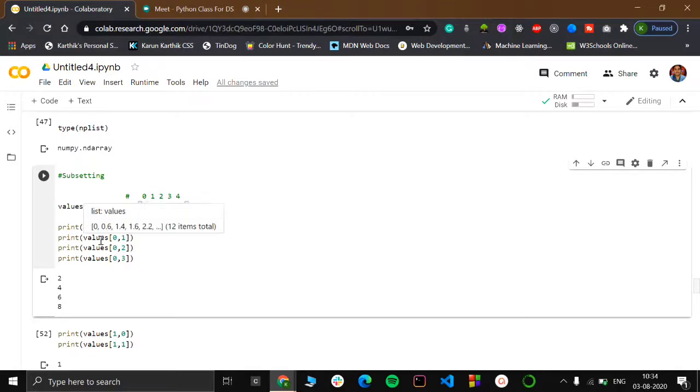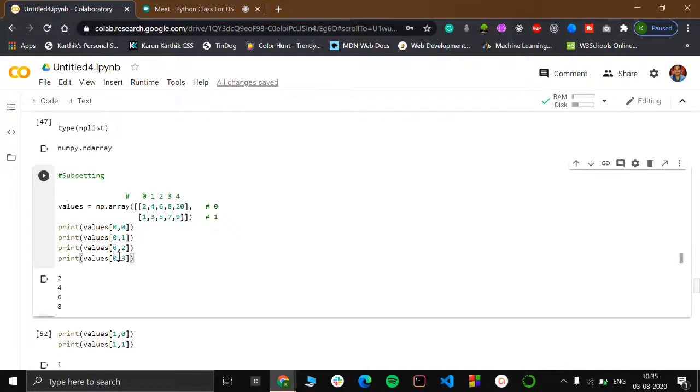The next is print values 0, 1. So 0 would be this part, and 1 would be here. Which is the common value in both? It is 4. So let's go for 0, 2. So 0 and 2, we would be getting 6. And next 0 and 3, it would be 8.